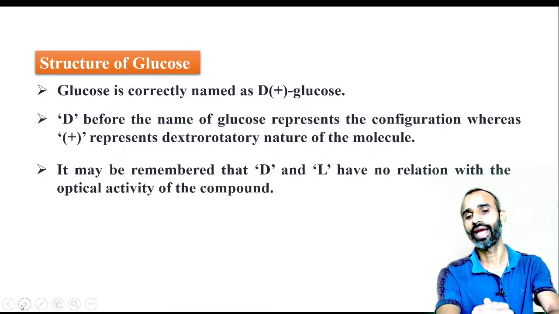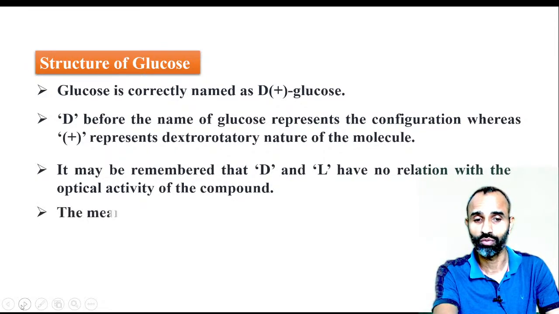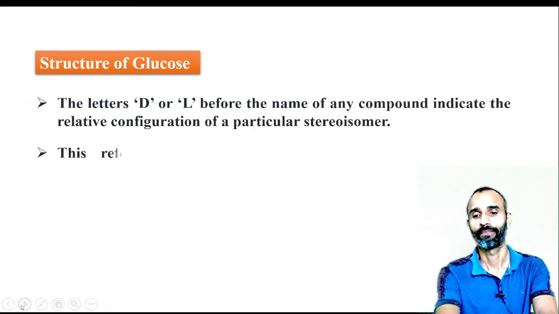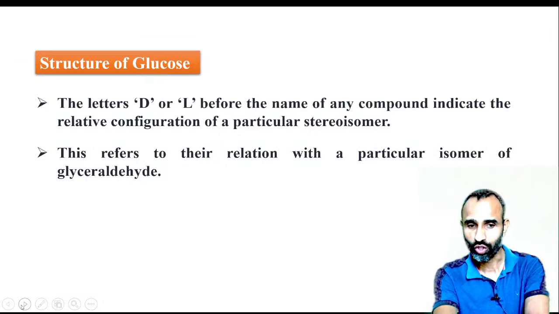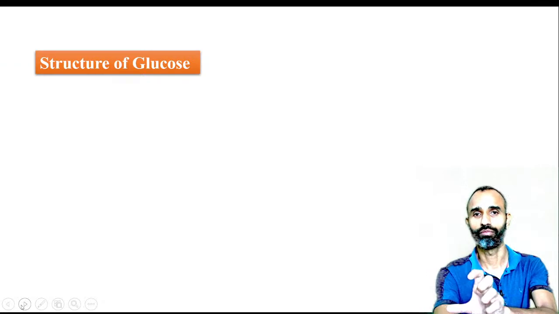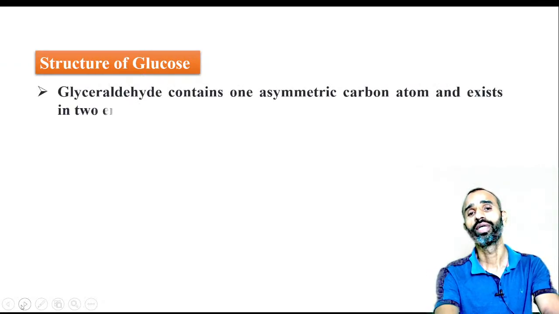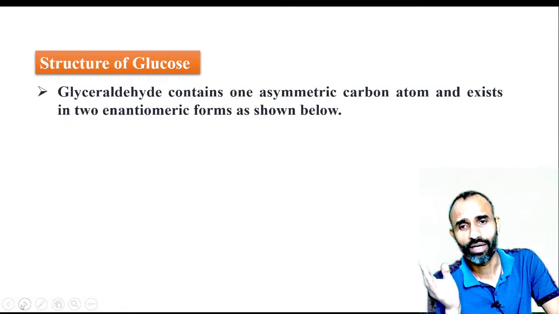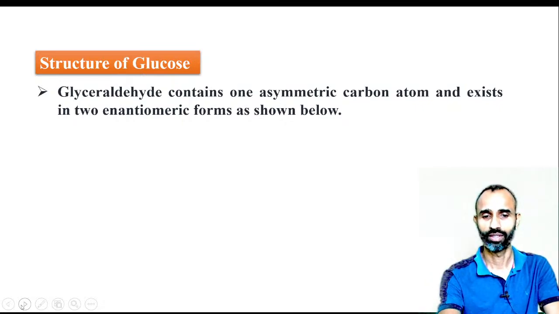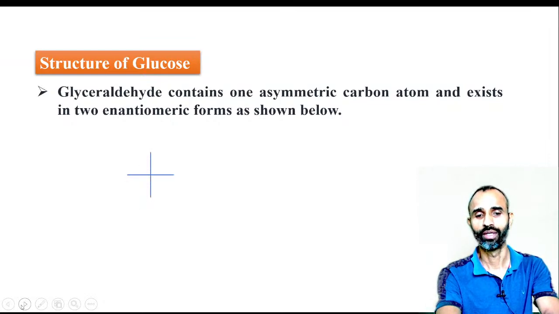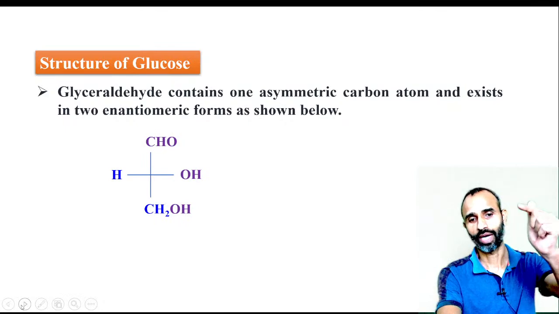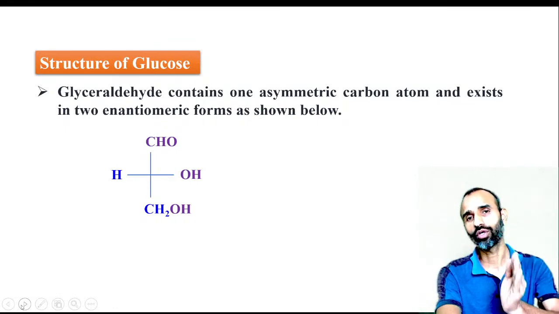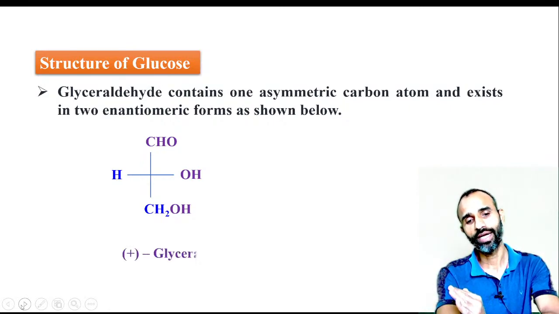D and L have no relation with the optical activity of the compound, meaning we can have these notations. It is the relative configuration of a particular stereoisomer. Glyceraldehyde we take into account. In glyceraldehyde, it contains one asymmetric carbon. What do you mean by asymmetric carbon? That is a chiral carbon. Chiral carbon means 4 different groups are attached to the carbon, and it exists in 2 enantiomeric forms. First and last are CHO and CH2OH, just like glucose, and on the second carbon there is OH on the right. So if OH is on the right side, it is called